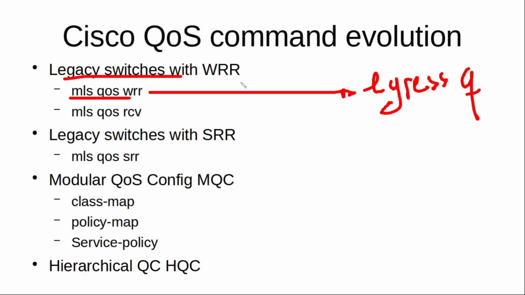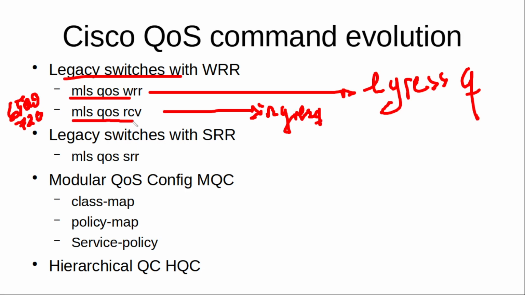But for certain switches, for instance, the 6500 using a supervisor card 720, you could work with ingress queuing. So the commands will be MLS QoS receive for working with ingress queues,